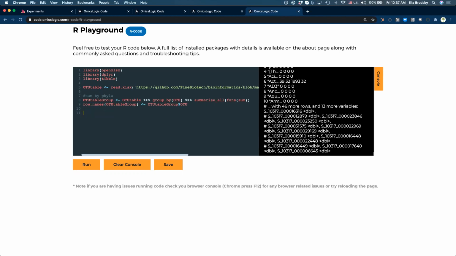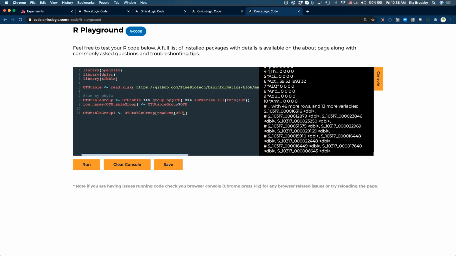So the next thing that we want to do is filter out the non-zero phyla. So if the sum of all phyla is 0, we don't need that at all, right? So what we can do is OTU table group 1 and add their OTU table group and have row sums.